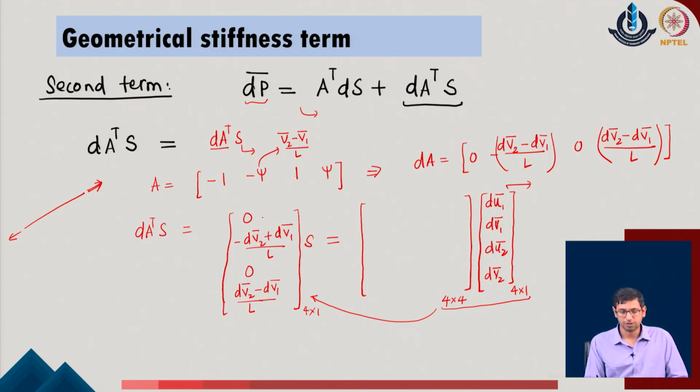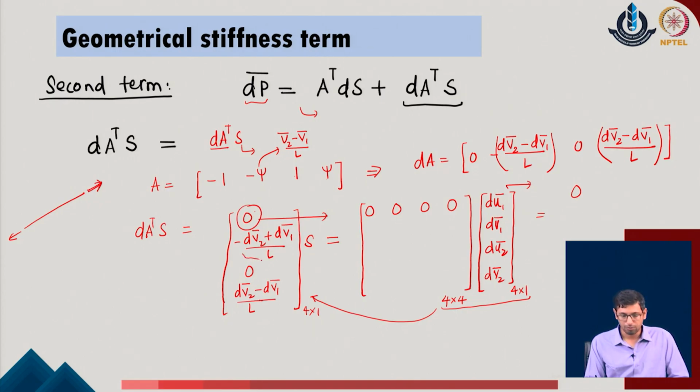So when I look at the first equation, I realize that it is 0. So all the multipliers with respect to du bar, du1 bar, dv1 bar, du2 bar or dv2 bar should all be equal to 0. So the first row has all the parameters 0. Of course, when you multiply these 4 with these 4, you will eventually get the value of 0, which is the first parameter over here.